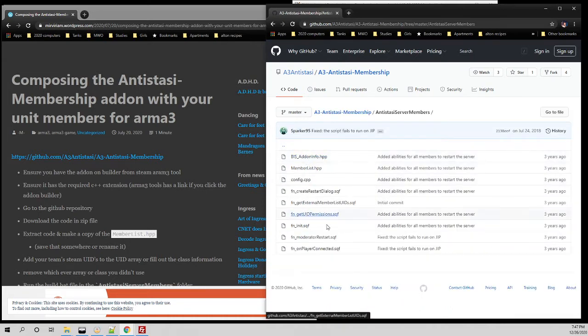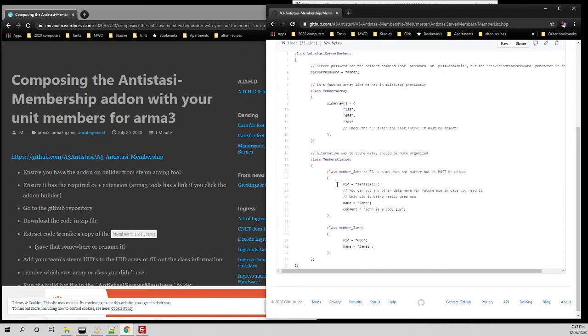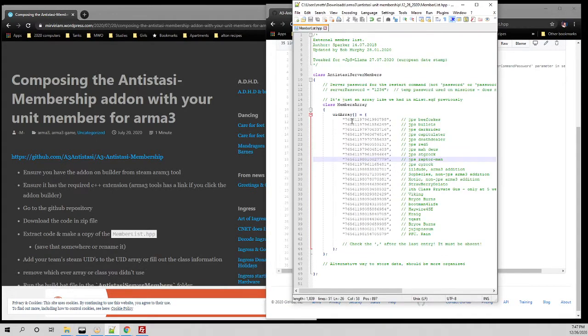Then once there, you need to edit the member list HTTP file. This is his group and his notes that he's put in there. I also ask you to do the / comment format in there in order to make this work. So when we've got this set up, parenthesis,